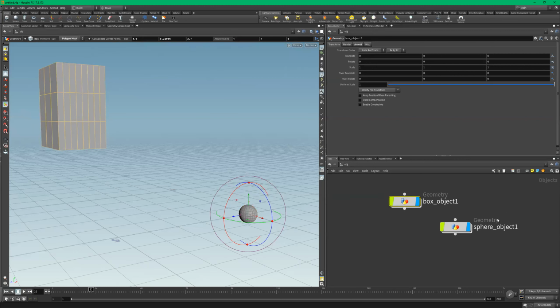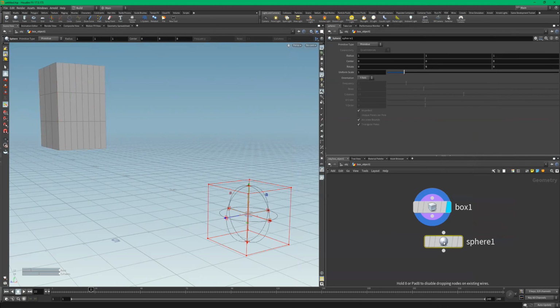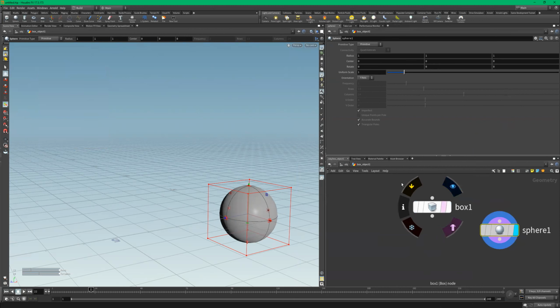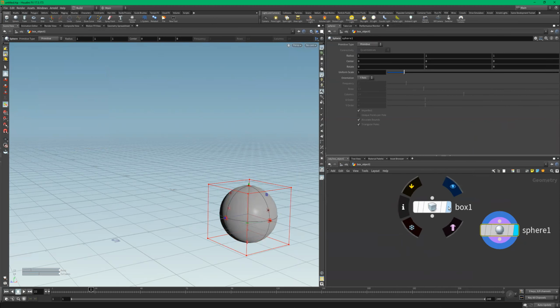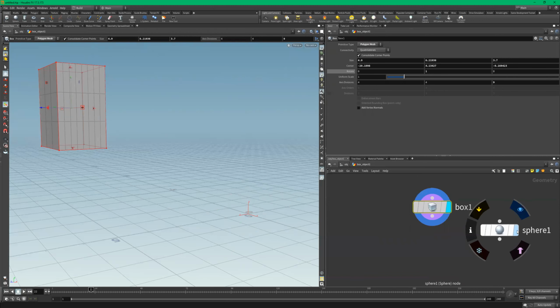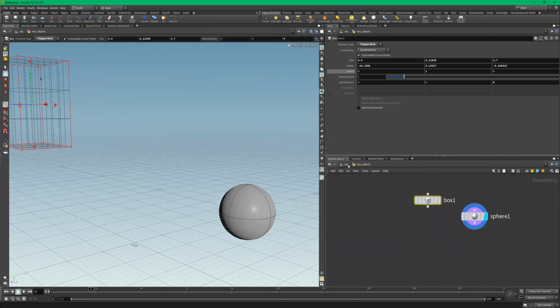But let's say I want them all in the same folder. Easy, right? I can turn off this. They can go in here. And I can add a sphere. I can type in sphere. Tab, S-P-H-E-R-E. Boom. So now there's a sphere inside. If I click on it, you see what's happening. Now look, this is the box object, right? But there can only be one node displayed, right? So if I have this here and this here, and I want to see both of these at the same time, when I go out here,